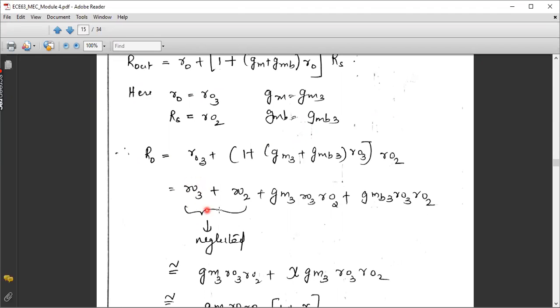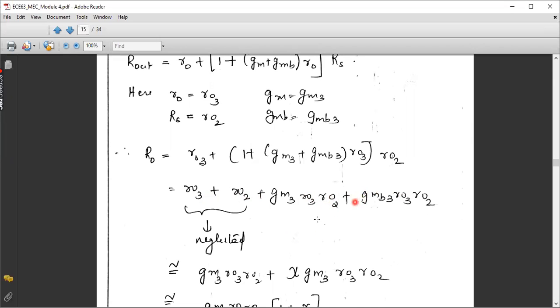Since the individual output resistance of a MOSFET is very small, right? If you take the second transistor Q2 alone, or Q3 alone, their output resistance is very small. You know the speciality of MOSFET. MOSFET has infinite input resistance and lower output resistance. So in that way, I can discard these two values. So I'll be taking these two values alone.